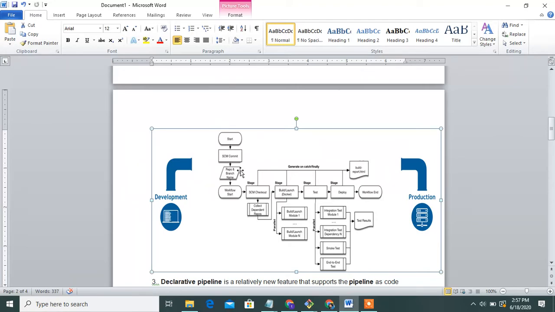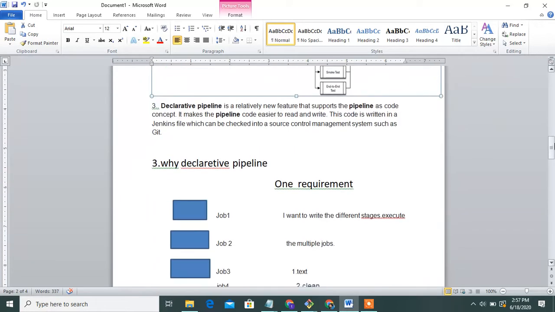Checkout stage means cloning from Bitbucket, and then the clean stage. These are all stages. Write this in Groovy script. Then once you write the script, push to Bitbucket, git add, commit and push to source code management. Once you push the code, it automatically deploys the code.